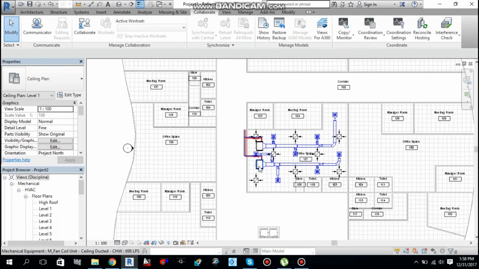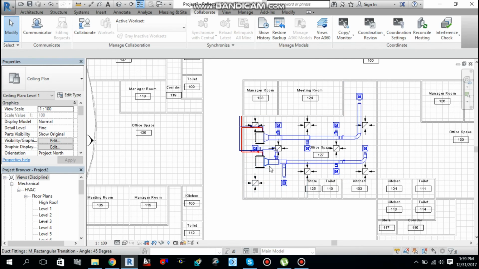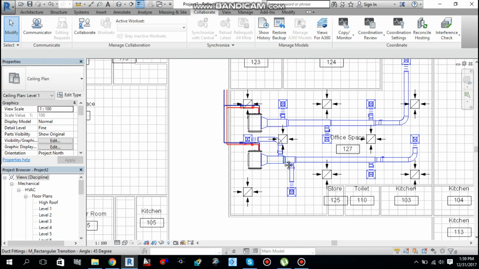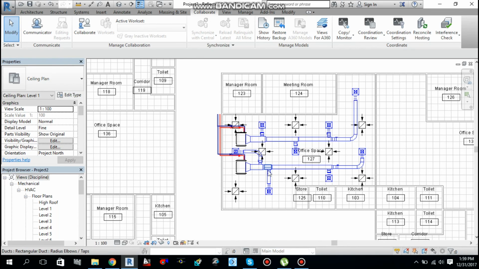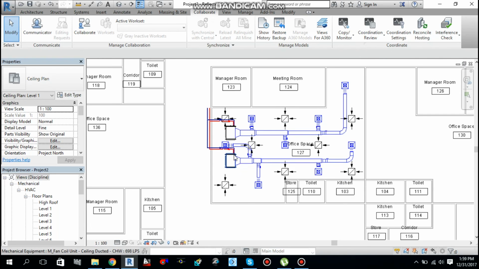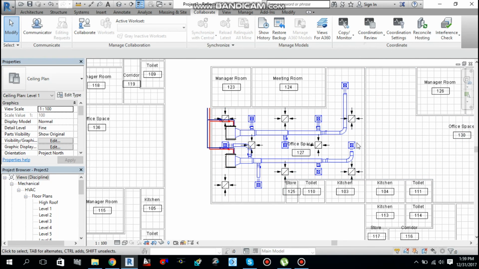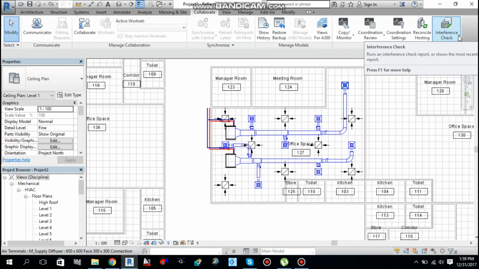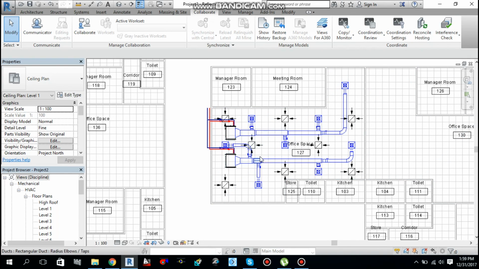This is how you can fix it in mechanical. And also if you complete your mechanical project, you can combine your file with the electrical, and you can check the coordination between them. If any air terminal is colliding with any light fixture, you can fix it in the same way. Just go to Collaborate, Interference Check, and you can run the interference. If you have any interference, it will display in the message. You can just click it, and see at which area you have got interference, then fix it and refresh it, or run the interference check once again, so you can fix the interference.